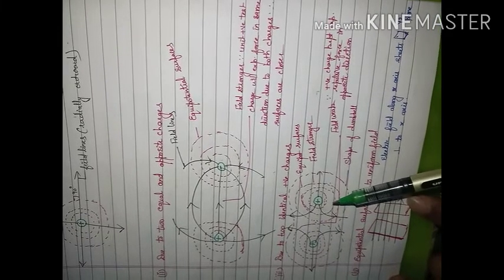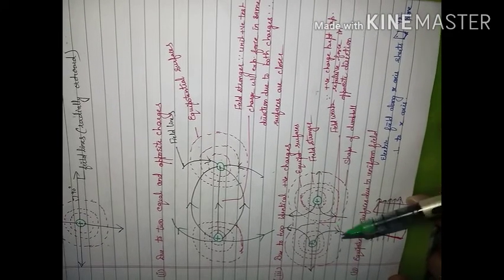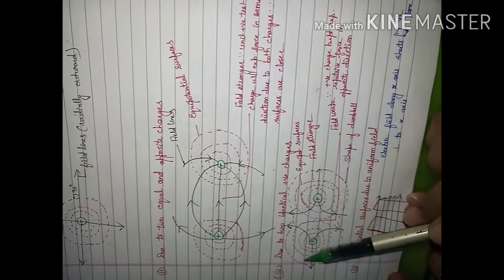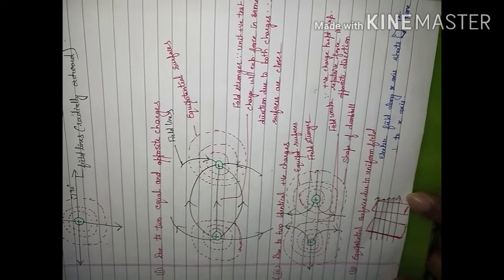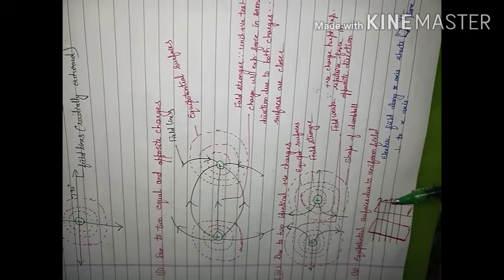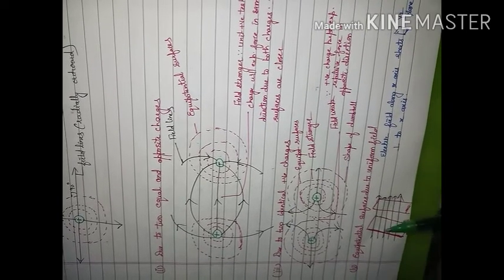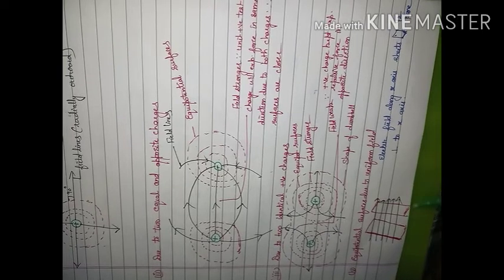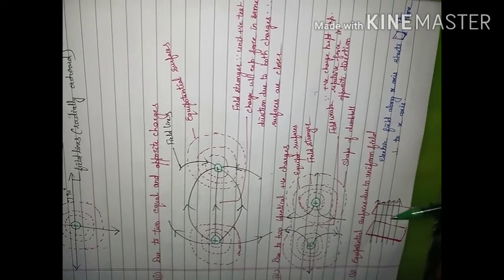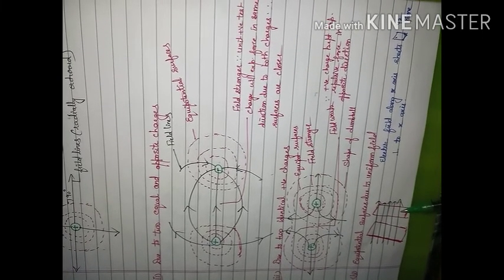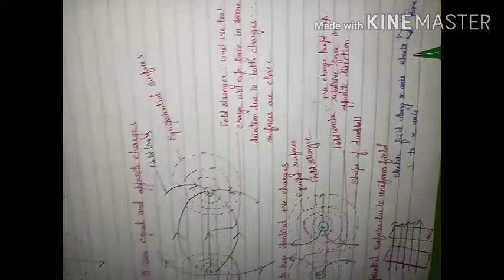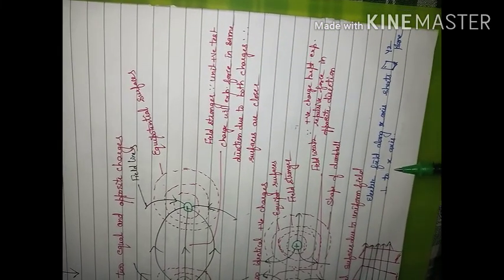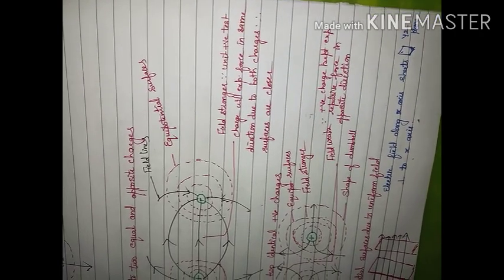As equipotential surfaces cannot intersect each other, if you draw further, this dumbbell shape will come like this. And to draw equipotential surfaces due to a uniform field, the uniform field is represented by equally spaced parallel lines, and these are sheets parallel to each other. If the electric field is along the x-axis, these sheets will be in the yz plane, perpendicular to the x-axis. So do practice these diagrams.